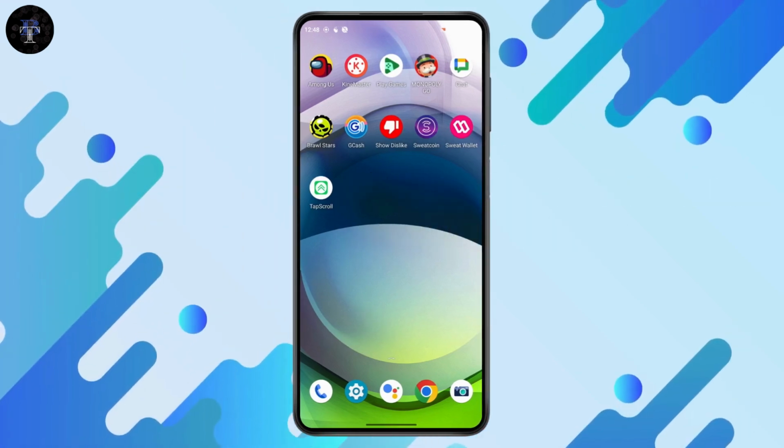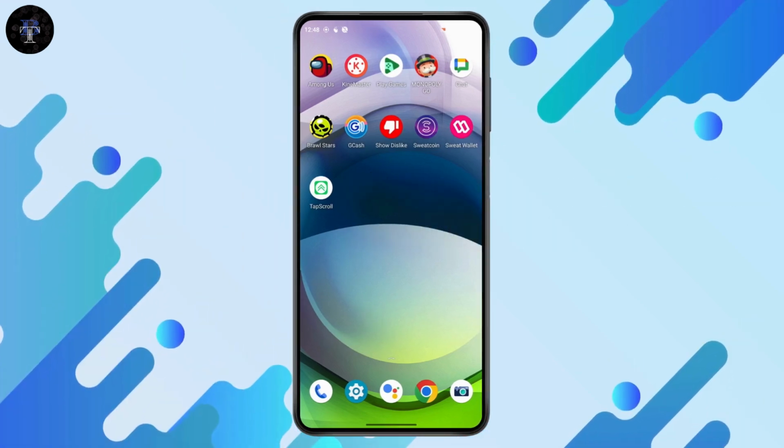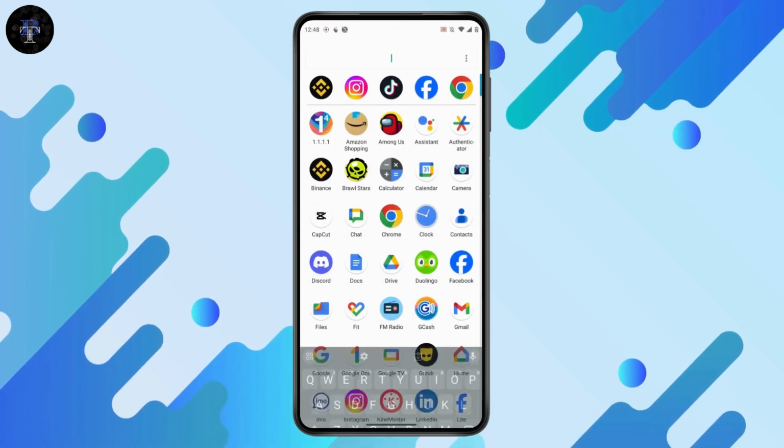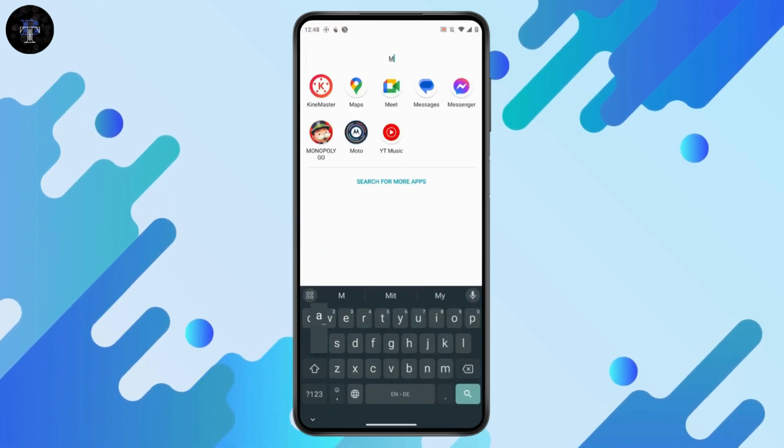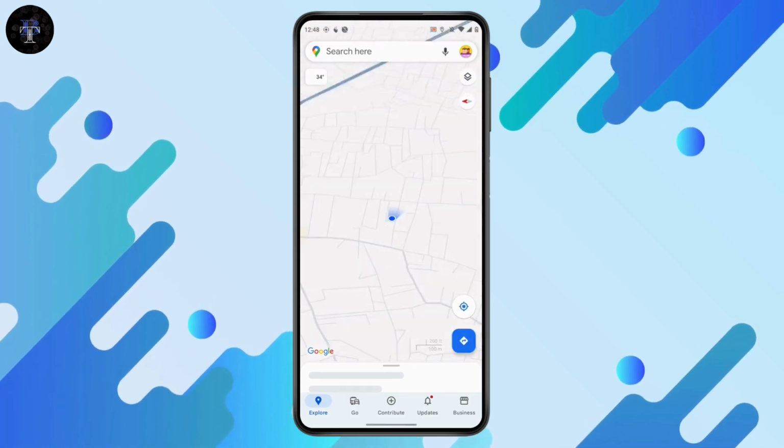If you want to share your location on Google Maps, what you have to do is follow some easy steps. First, simply search for Maps on your device. Open up your Maps application, and after opening Google Maps, now what you can do